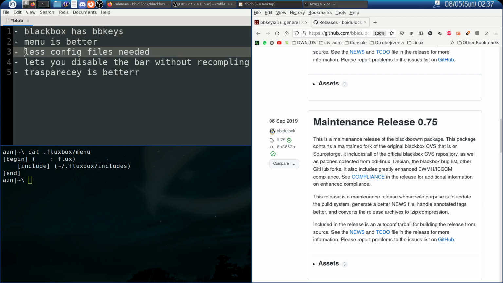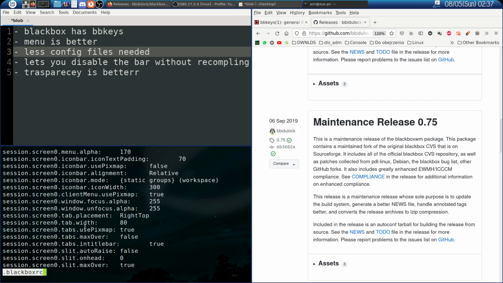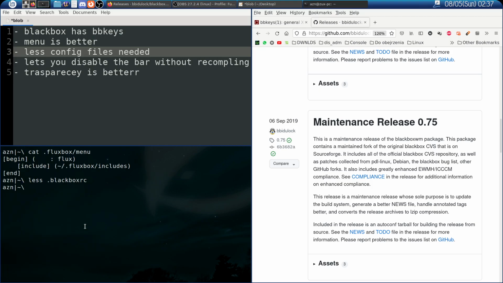Then he said that fewer config files are needed in Blackbox. Maybe yes, maybe no, I don't think so, but what I like about Fluxbox here is that all the configuration files for Fluxbox fit in the .fluxbox directory. While in Blackbox there are some files in the .blackbox directory in your home folder, while there is this file .blackboxrc that is the same as a Fluxbox init file that sits right in your home directory